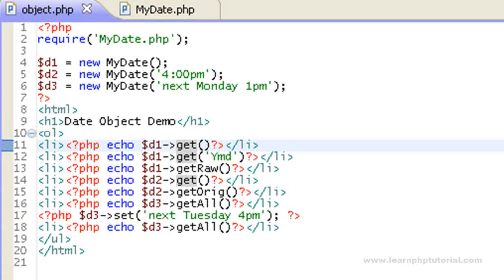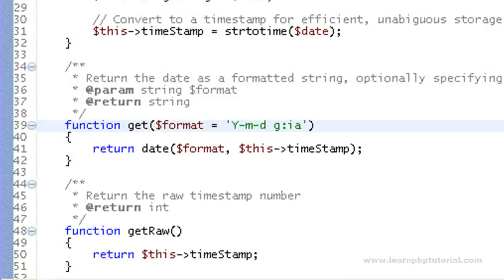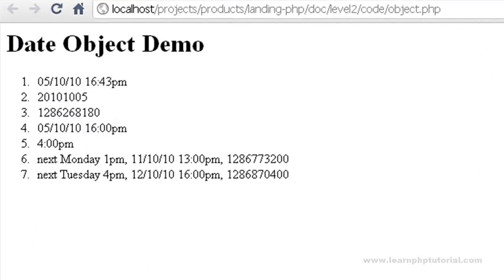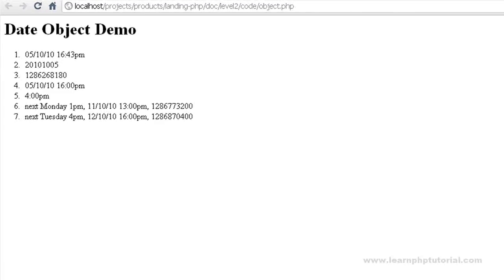For example, if we use the myDate class and its get function throughout our application, the date would always be displayed as the date separated by hyphens in the 12-hour format with AM and PM. Let's say our client then decided they want the date separated by slashes and in the 24-hour format for the time. We could simply update the default parameter in the get function, and the entire application would print the date in the new format. This is obviously much better than trying to search and replace everywhere the date is actually output in the code